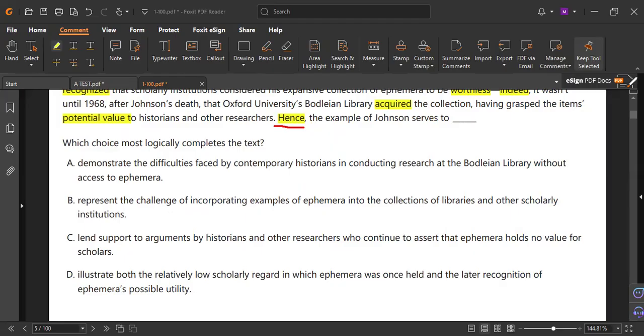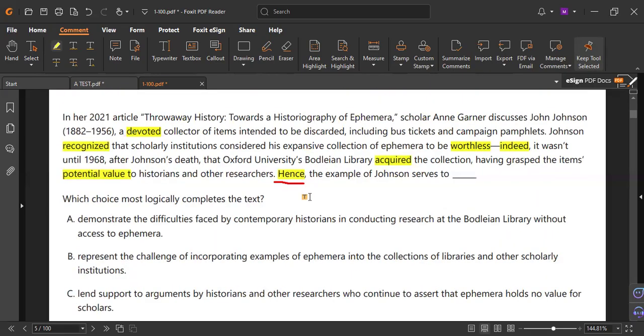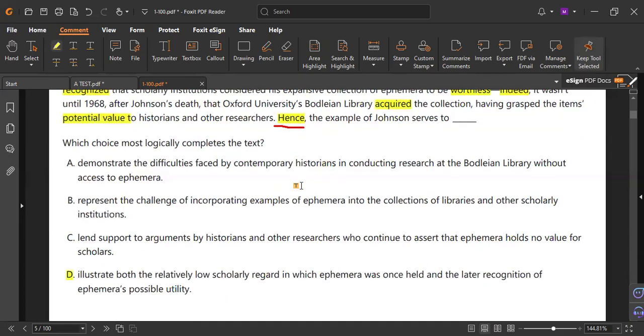Is it D? For letter D, so letter D is correct, but we need any evidence. Number one, hence means cause and effect. So based on these causes or these findings or this discussion, what can we conclude? Hence. Hence, yeah. So he said illustrate both the regard in which ephemera was once held and the later recognition